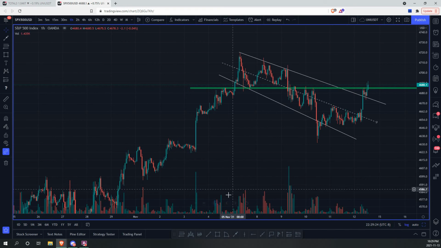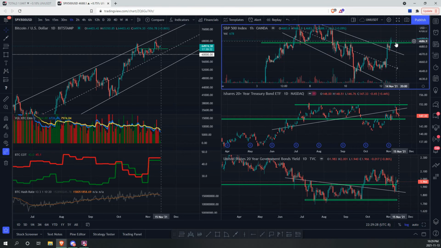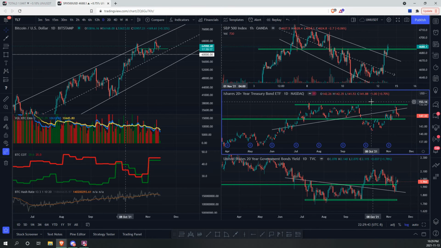So that's going to be my view on the S&P. Don't want to get too much more into detail on that one. Basically, what we're really looking for is this major level of support at 46.85 to hold. Once we start to see a higher low hold at that point, it's going to be looking really phenomenal for Bitcoin. So now we're going to end off looking at both the bond for the U.S. Treasury note